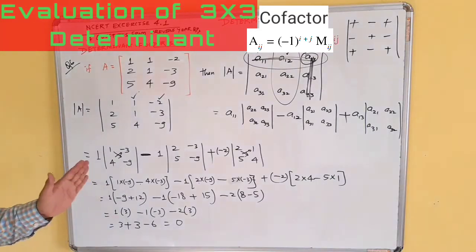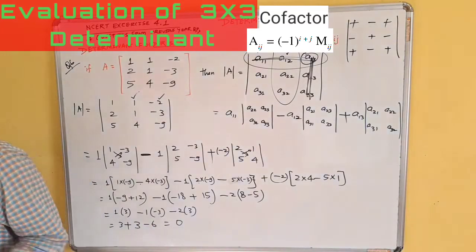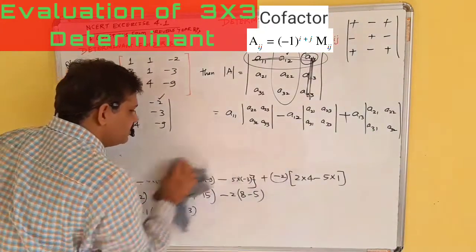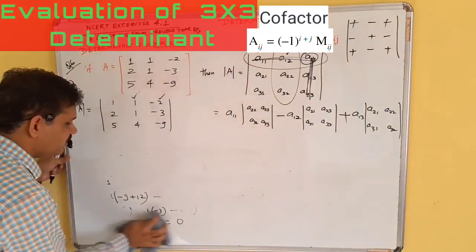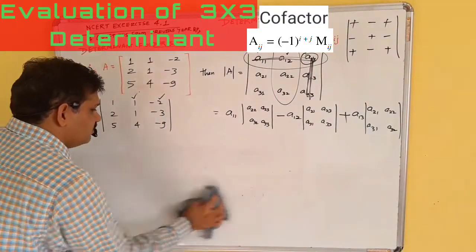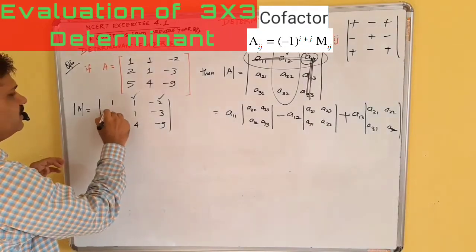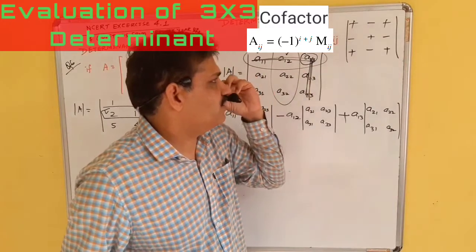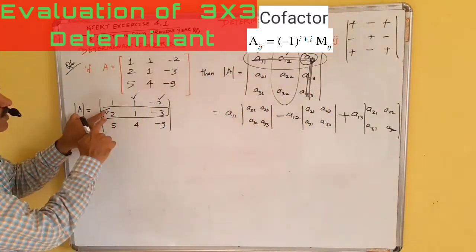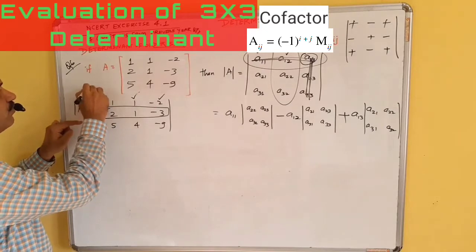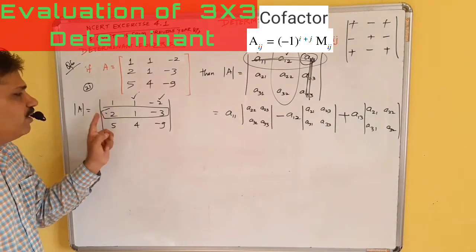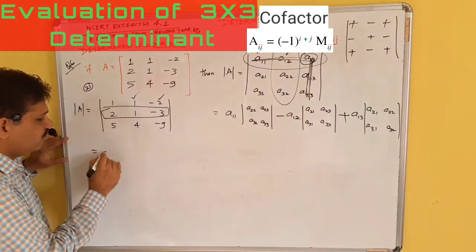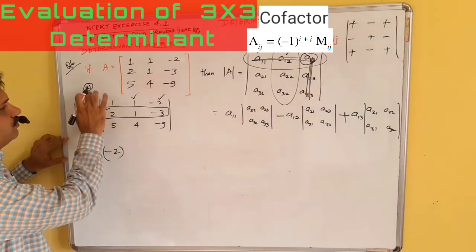अब बात करते हैं, ये तो हमने किया फर्स्ट रो के अलोंग और आंसर आया 0। अब इसको फर्स्ट रो के अलोंग ना करके हम अगर सेकंड रो के अलोंग करते, तो भी आंसर यही आता, तो हम एक्सपेंड करते हैं इसको सेकंड रो के अलोंग। सेकेंड रो के अलॉन्ग किया कैसे? सेकेंड रो का फर्स्ट एलिमेंट यहां से लिया, ये इसके कोफैक्टर से मल्टीप्लाई करेंगे, लेकिन साइन कैसे आएंगे? माइनस प्लस माइनस, -1 की पावर -1 के, ये पोजीशन कौन सी है, सेकेंड रो फर्स्ट कॉलम, 2 + 1 इज ऑड नंबर, माइनस प्लस माइनस, राइट।